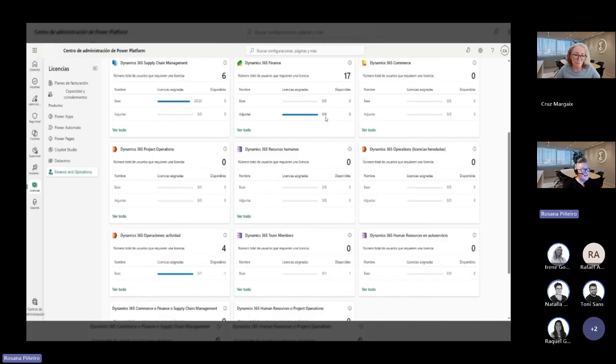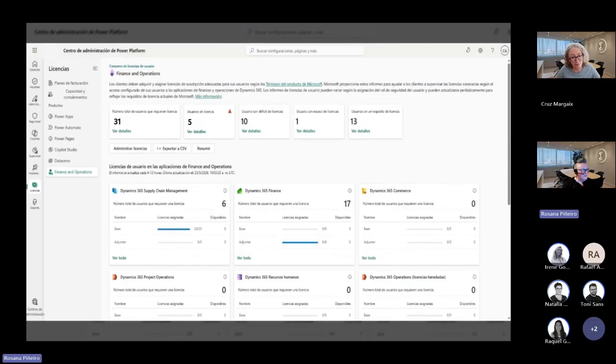We have the base licenses at 0. Sorry, there's no licenses available here to assign, but there are 6 attached. And for the activity, we have 4 users that need this license, where we have 1 purchased, but 2 are in place, so we're looking at a -1 in available here.